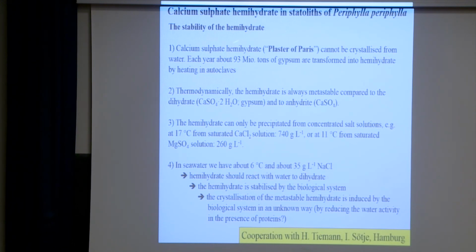Now, then you can again come back to chemistry. The problem is, if you argue from a chemical point of view, calcium sulfate hemihydrate, so-called plaster of Paris, by the way, cannot be crystallized from water. That's why gypsum, the dihydrate, is typically heated in autoclaves to about 105 degrees C to get the hemihydrate, which is a white powder, and you can mix it again with water, and then you have this gypsum